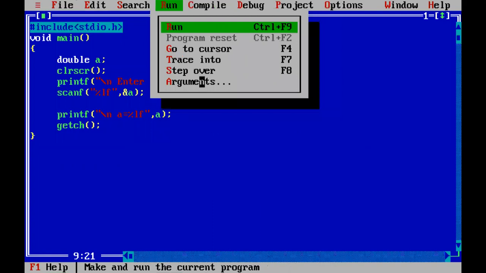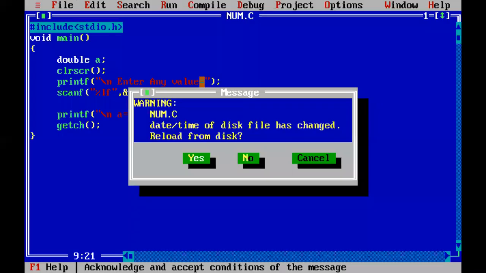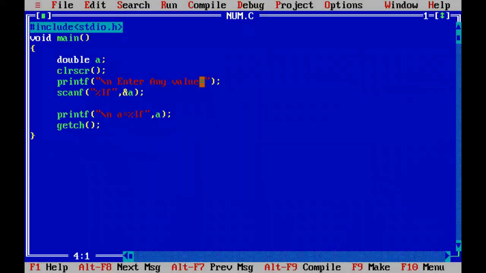It will ask you for a value. Suppose I'm entering 23.67891, any value. Then that value should be printed on the screen. Okay. So in this way you can accept a single value from the user.